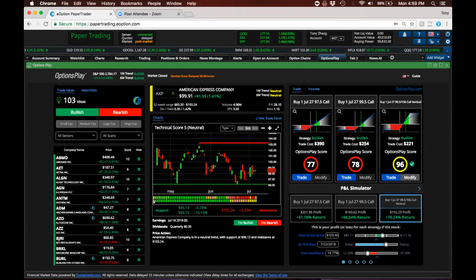So make sure that you utilize these tools so that you can know exactly what your expected profit and loss is before you get into a trade, not after, so that you know, hey, if I expect the stock to move this much, what are my gains, what are my losses? Sometimes you'll find that even if the stock moves significantly, you don't make a lot of money on those options. And that's really why we have these tools for you, so that you understand those risks before you place your trade. So perhaps you simply just don't place those trades to begin with and potentially lose money on the other side.